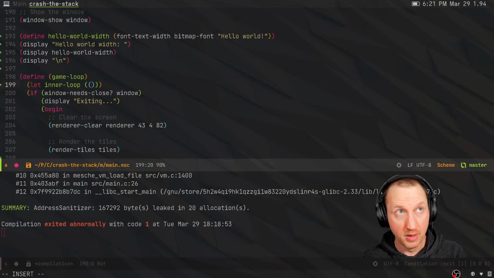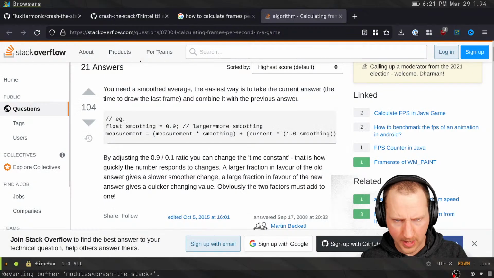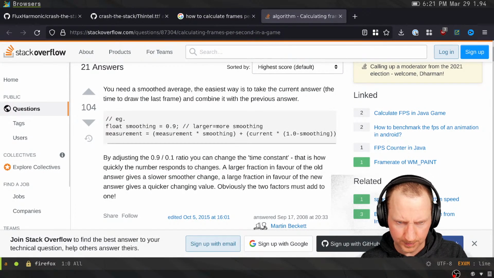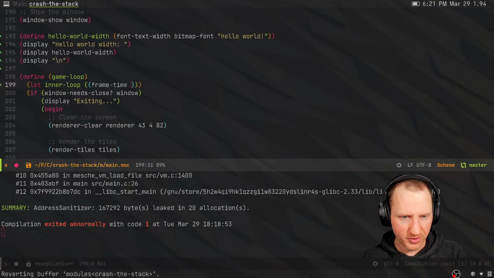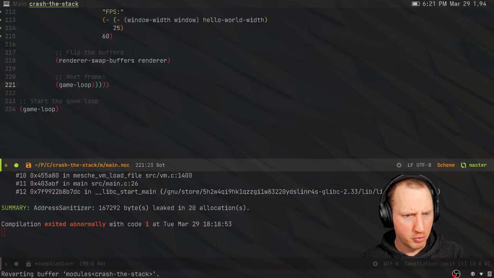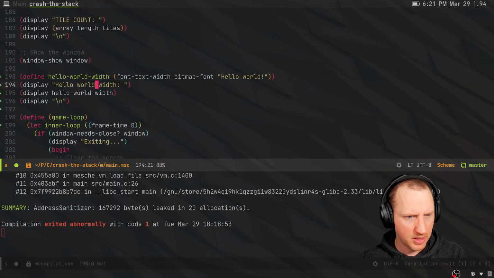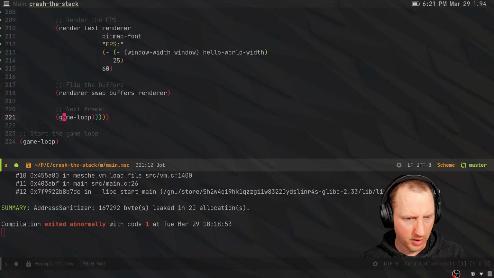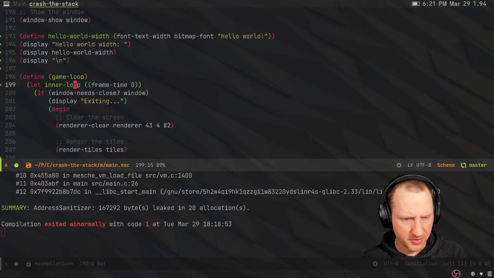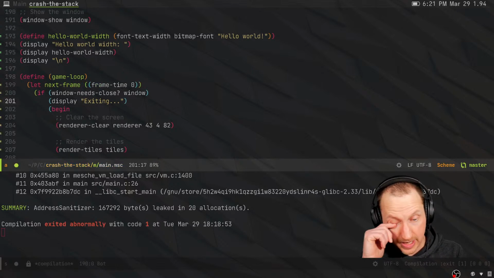We could say frame time. Now what about the previous frame? Current. Let's just call it 0 to start with. How about that? All right, so frame time is 0. And then we're going to move everything inside of that. Next frame is going to be inner loop. Or, oh, just call it next frame. How about that? Next frame. And then we need to calculate the new frame time here. So here we'll call this next frame, right? Okay, now